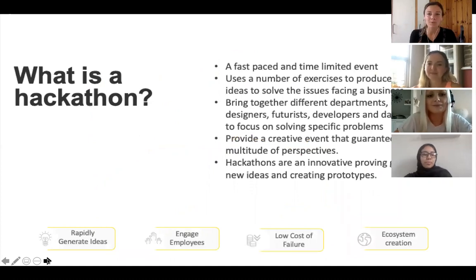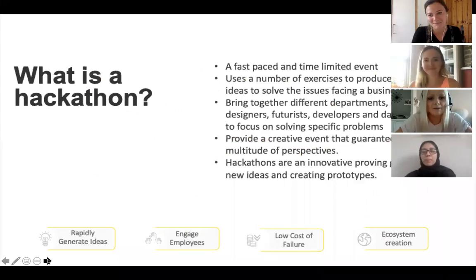Just before I talk about how the breakout rooms are going to work, and who's going to be in different breakout rooms, I wonder if you could give us a really quick idea of what we're going to do now. It's a problem solving task, but what you call at EY is a hackathon. So can you tell us what that means?